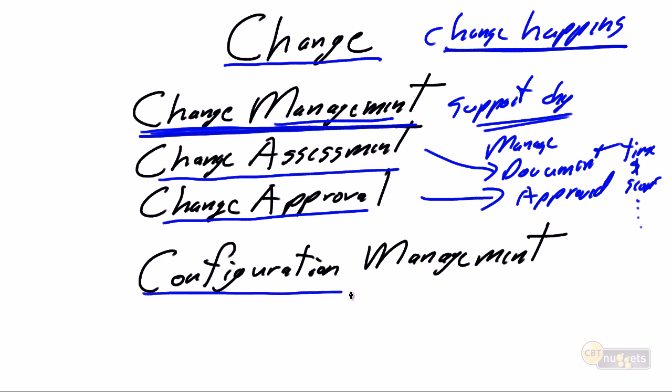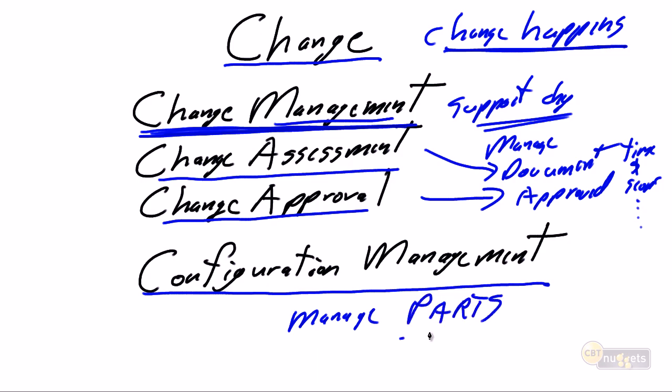And our second aspect of change management, as defined by PRINCE2, is configuration management. We need to manage all the parts. Now, I can't really find the same scenario for my home building example for parts, but in an IT project, we're going to have documentation, we're going to have code, we're going to have third-party software,